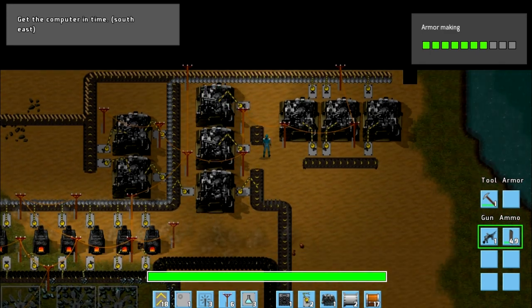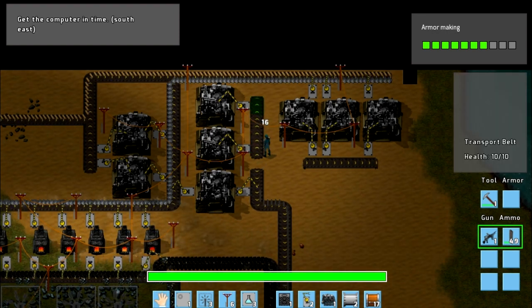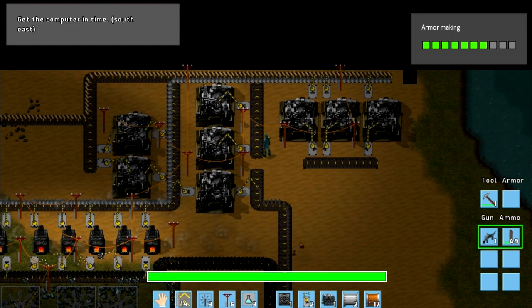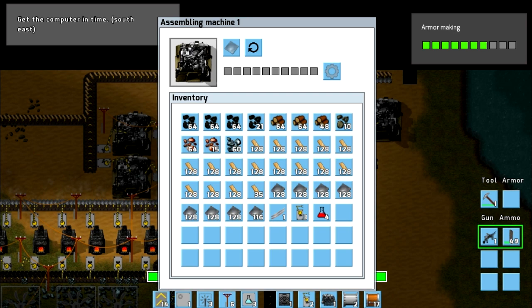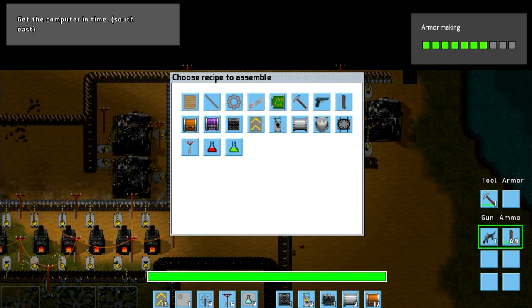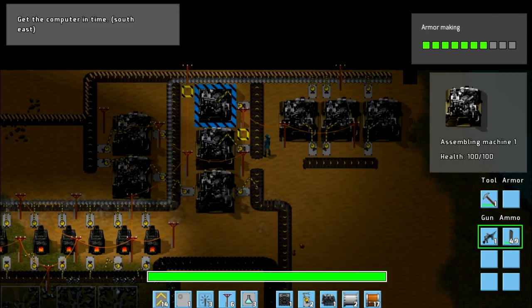Okay, we can actually... that's fine, we can sort this out quickly. Let's change the recipe of these ones. And they're going in on the bottom side, so they're going to go in that same row. Let's change the recipes of these to iron cogs, like that, or wheels, whatever they're called. And we're also going to stop...